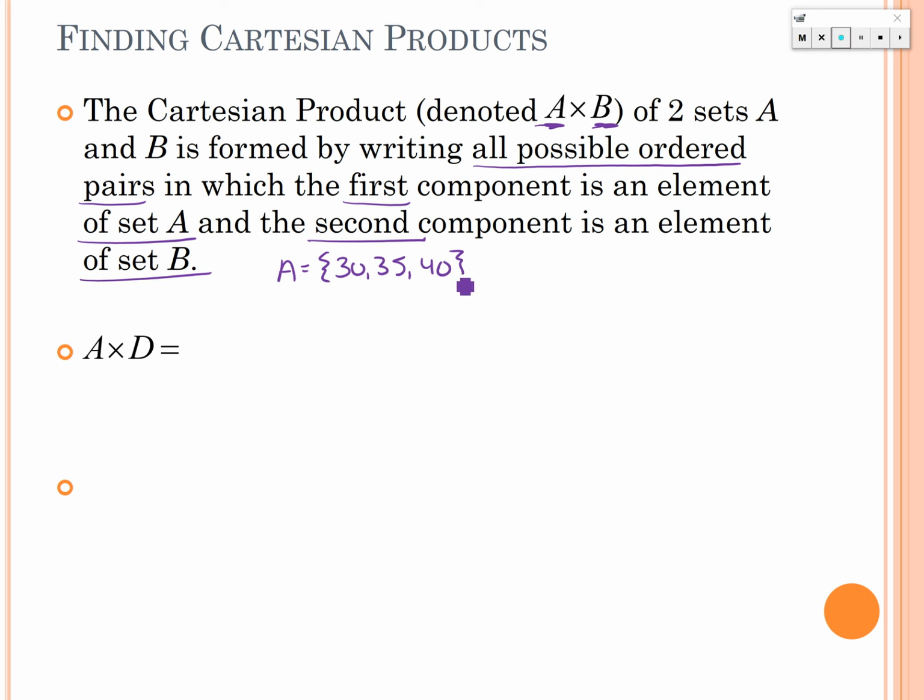So A and D. We haven't used D yet. It's this nice little set that I created just for this particular operation, because otherwise you get a ton of ordered pairs. So what we're going to do is create ordered pairs that list elements from set A first, and then set D. The easiest way I found to do this so I don't miss any ordered pairs, here's the easiest way I found. I start with the first element in the first set,